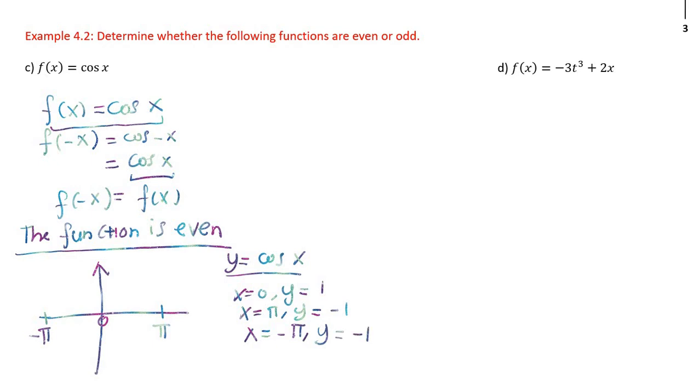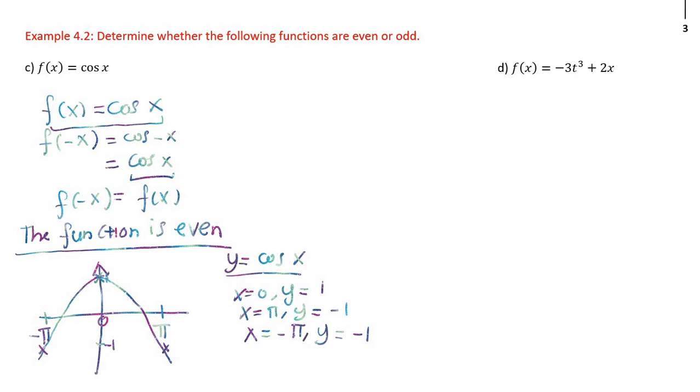So we plot (0, 1), (pi, negative 1), (negative pi, negative 1). So this is our graph. And the last example is